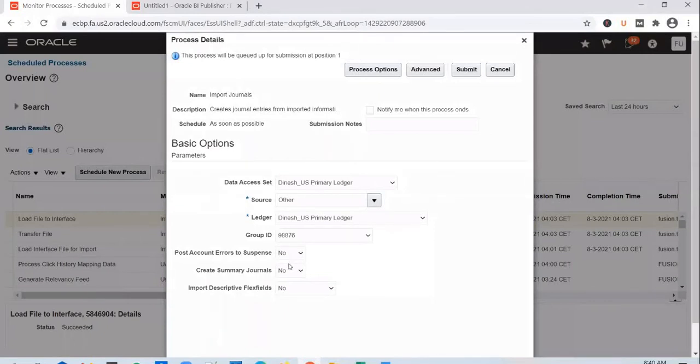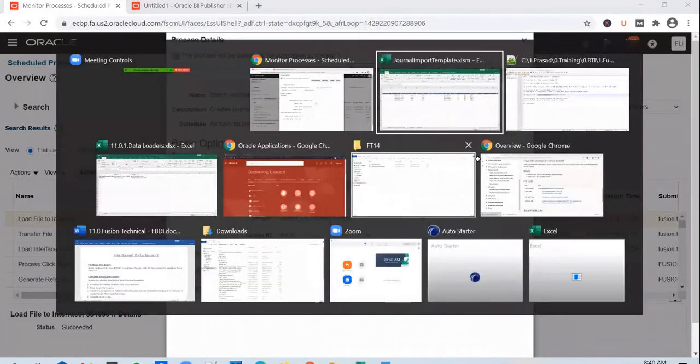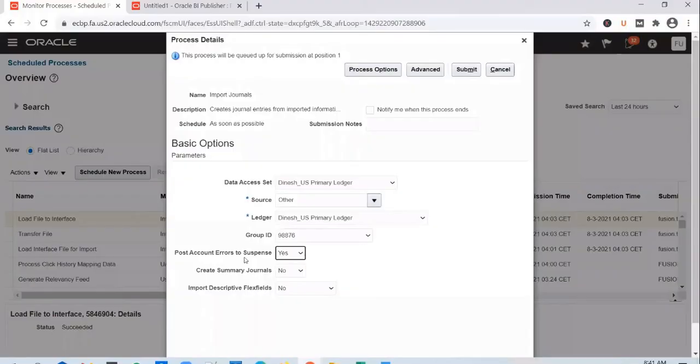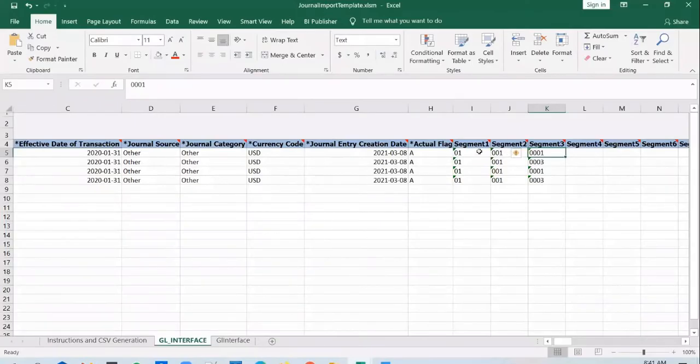But if you pass this as yes, the import journals job will create that line which has a problem. Say, for example, this account does not exist. If you pass this flag as yes, the line will be created, but not with this code combination.